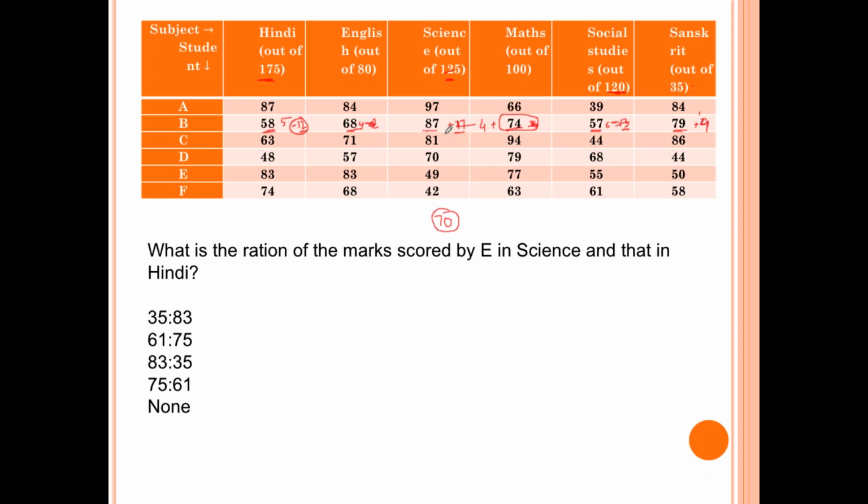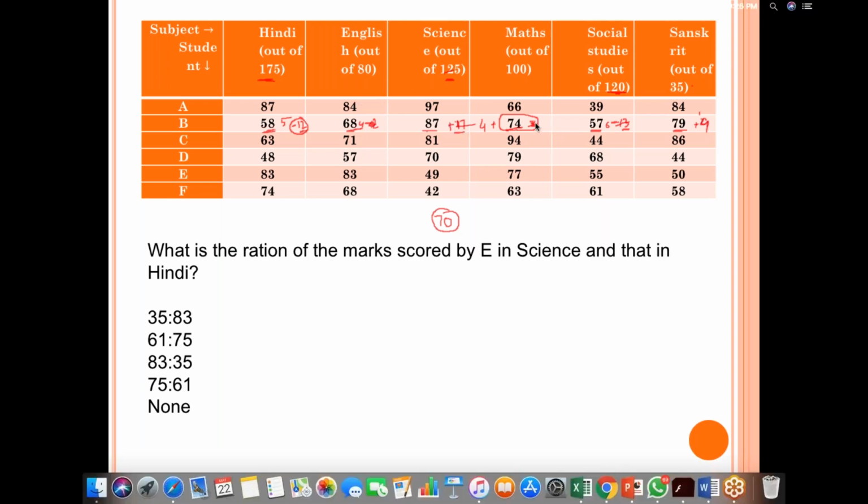See, Bhavya, you have done 74, which is slightly on a higher side. Why? Because 74 is my third number, but the fourth number and fifth and sixth number are too low. So I cannot just go ahead with 74. It should be slightly lesser than that, but still it's not a bad approximation either.